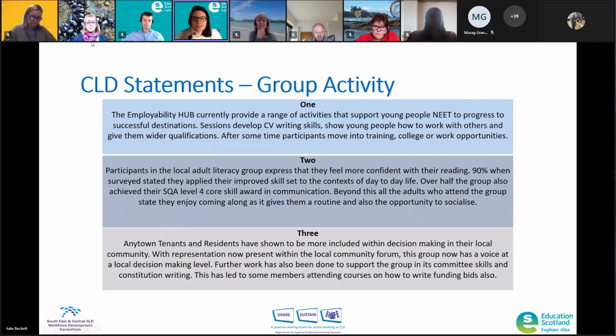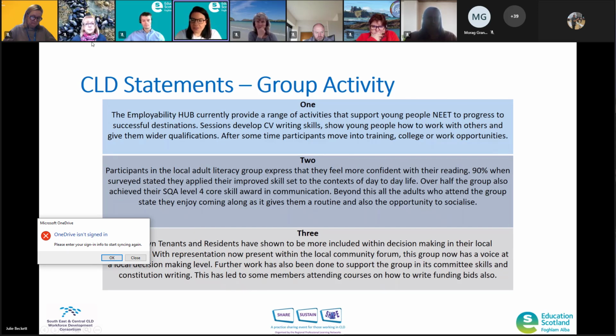So we've got these 3 statements, and what we're looking to do in our breakout rooms is hopefully translate them to be a bit more evaluative. Like I say, these are on a Jamboard that you will have access to. So if one person in each room could pop feedback onto the Jamboard, or if you feel comfortable just popping your hand up when we come back together, we can have a chat through what people's thoughts are on this activity and making the statements a bit more evaluative.